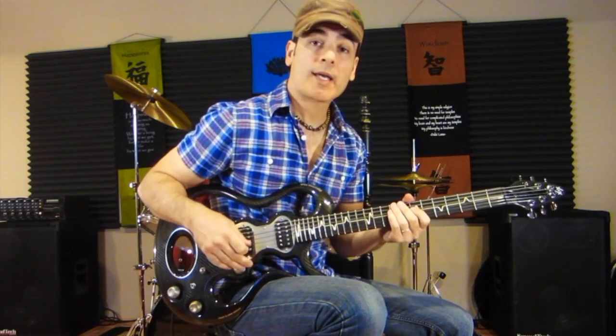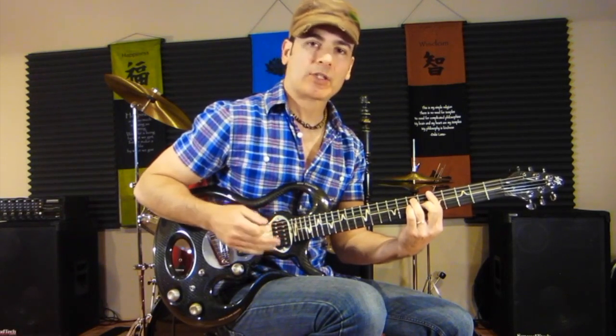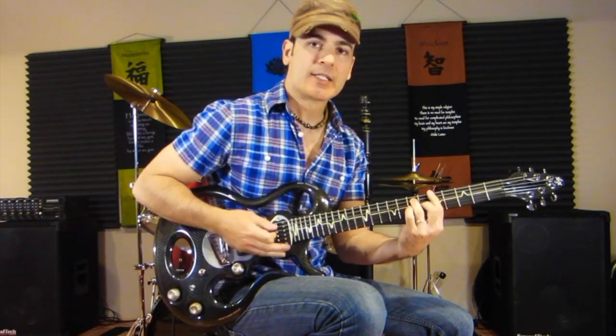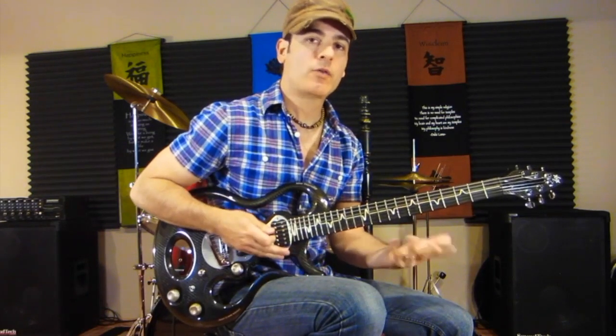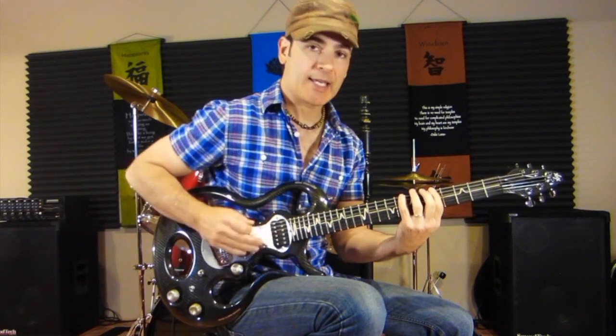Let's take a quick look at how I approached that take of Crossroads. Basically, we're dealing with a 12-bar blues in A. And what I did was I approached each chord individually as dominant chords, 7th, 9th, or 13th. And over a dominant chord, at least in this approach that I used for that take, I would do a